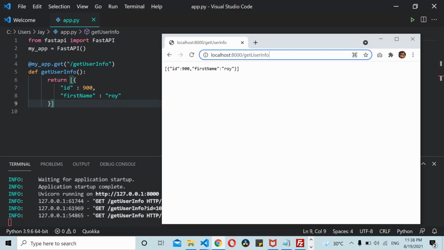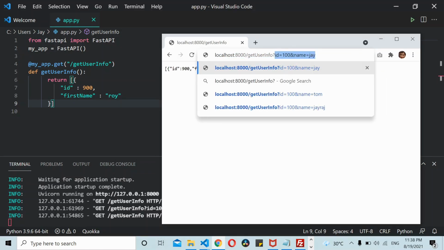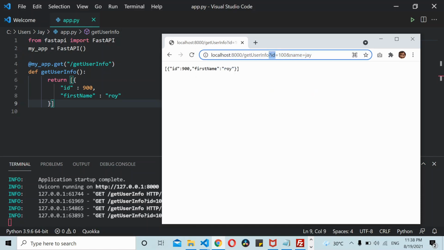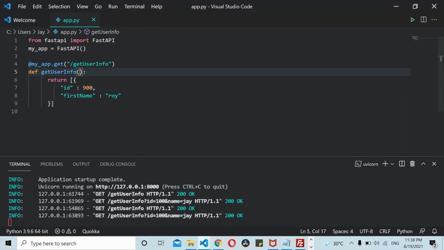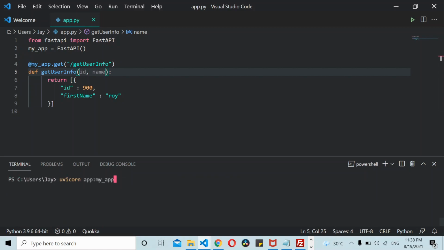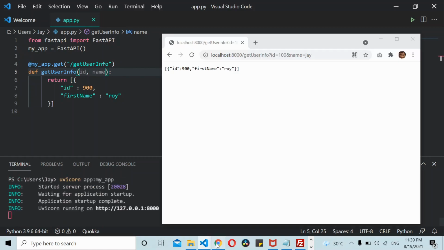A query param is like you can pass an ID equal to 100 and a name. So you are trying to pass these parameters inside the endpoint. In order to do that, you just need to define these things here, like ID, comma, and name, and that should help you to pass the params to the endpoint. Now if I rerun the application and hit here,